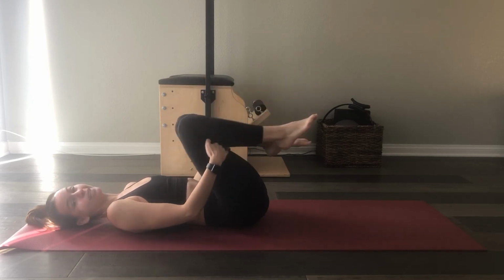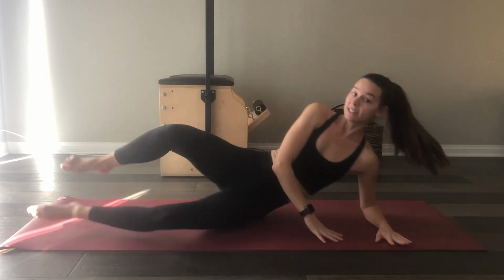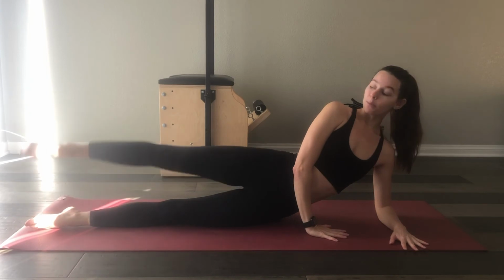So let's go right into the other side. Again, whatever you did on the other side as far as lying down or up on the elbow, you'll do the same thing here. So I'm going to come back up onto my elbow, making sure I'm in one long line from shoulder to toe, pushing up through that shoulder, ribs and core engaged. We'll lift that top leg up,